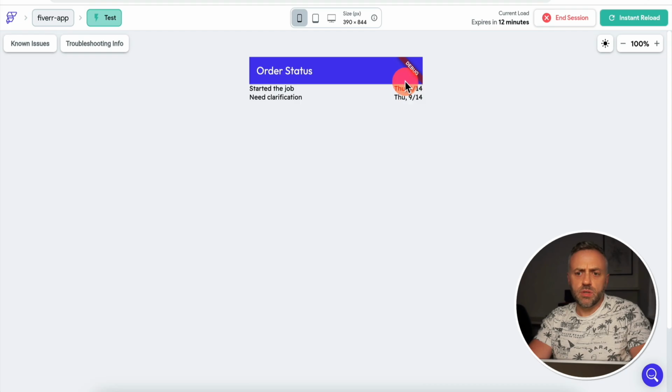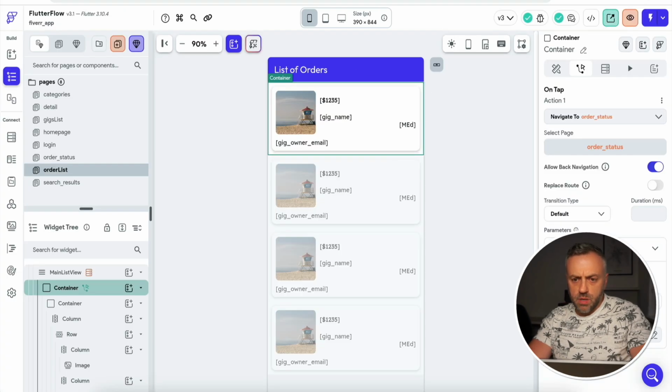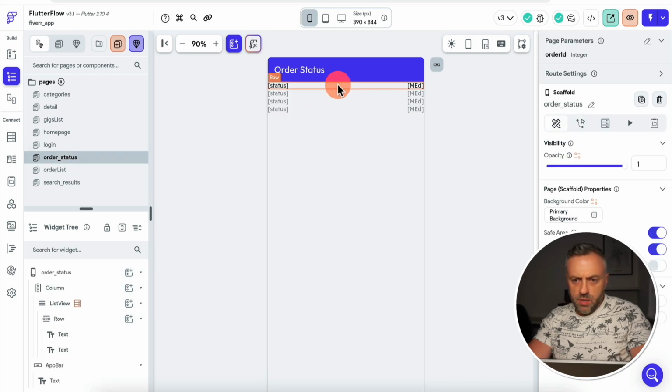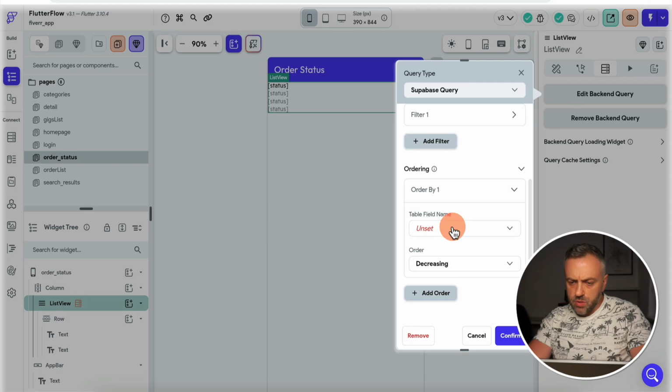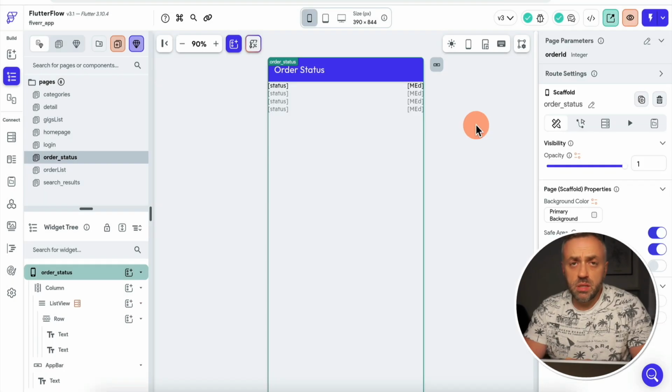Okay, and obviously we can sort it by the date here, right? Which is probably a good thing to do. So order status, we can sort this, come in here, and we could order these, right? So you can order this by creating that, and you want to order it maybe in increasing order. And that obviously depends on your specific use case. And so at this point, we have the order list here, as well as the order statuses for each specific